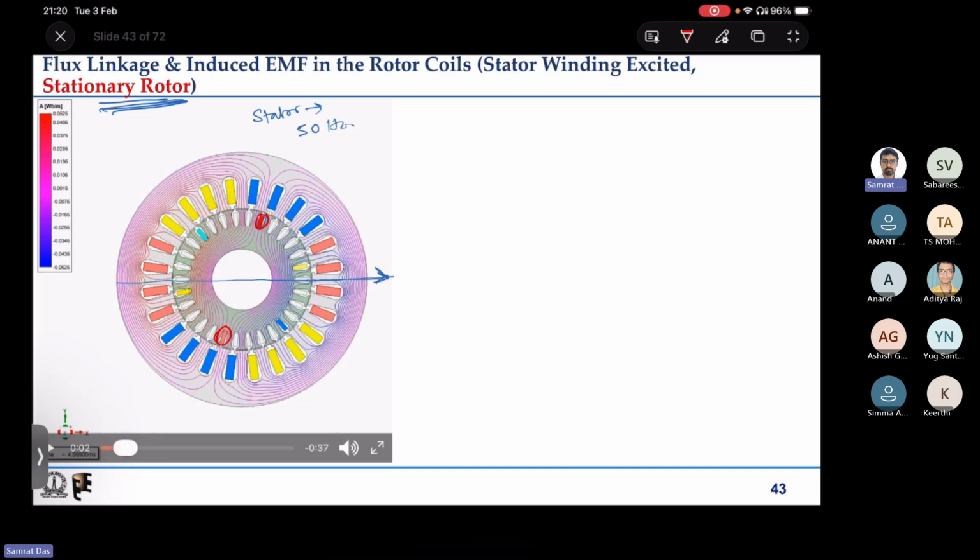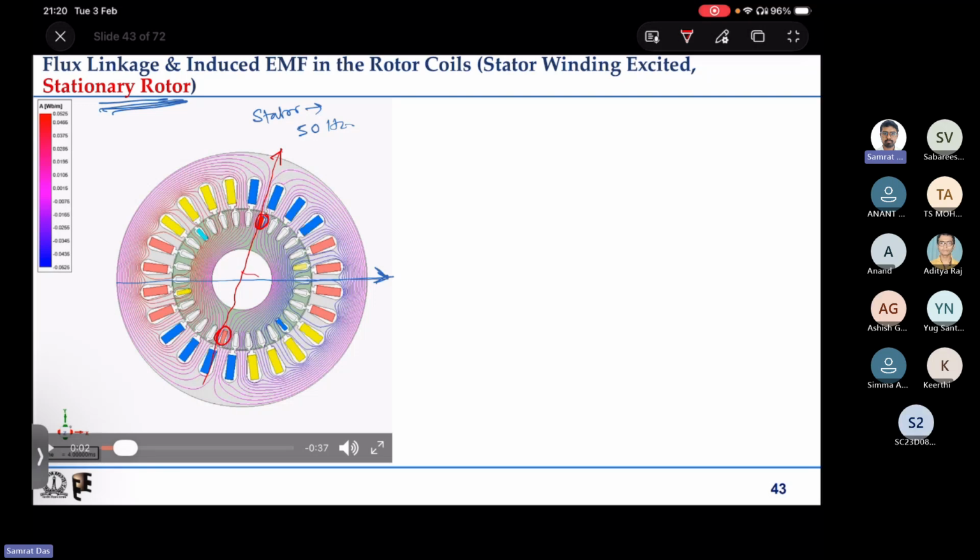Now if I come to this point, you can see that the axis of the magnetic field is on the conductors, basically. That means this is the coil axis, which is perpendicular to this, and this is the stator magnetic field axis. They are perpendicular to each other. That means no flux line is linking the coil. The flux linkage of this coil is 0, right? As we go on,